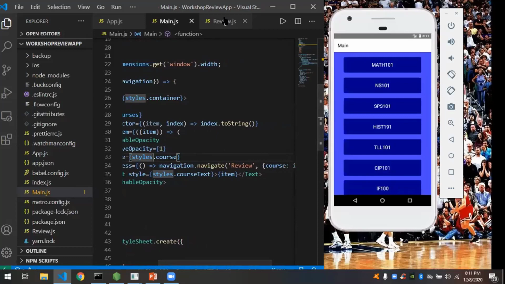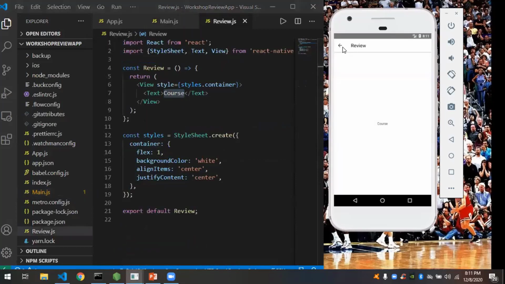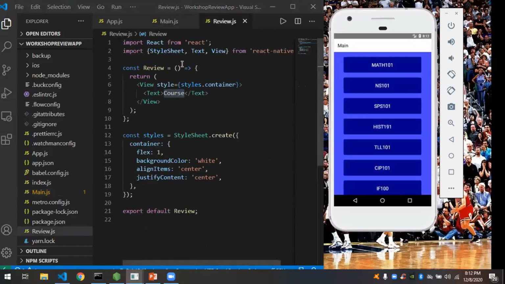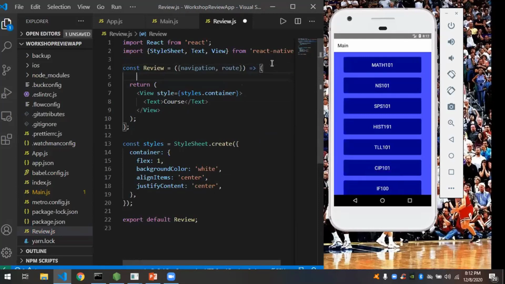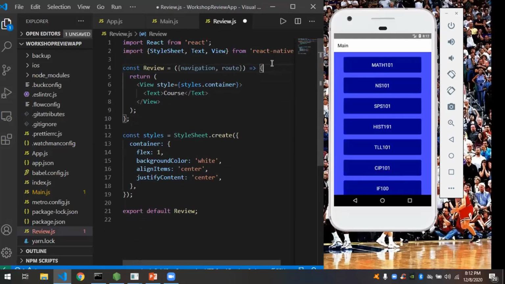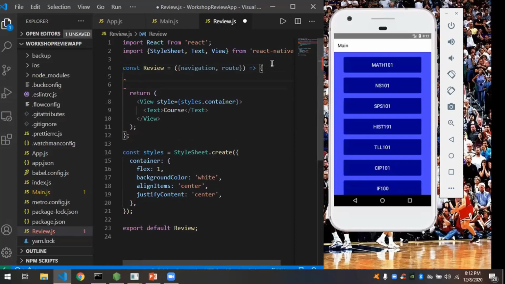So now if you want to make use of those params over in our review component, review page, since it's in the navigation system, of course, it has this over here. But not only does it take navigation, it also takes something called route, a route object. And if you want to get the values of the keys that get passed to this page whenever you navigate to it from one page in the stack,